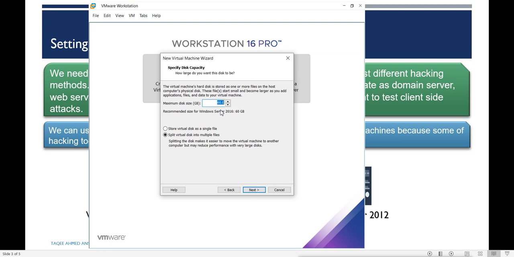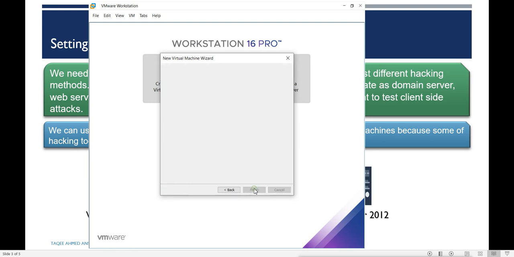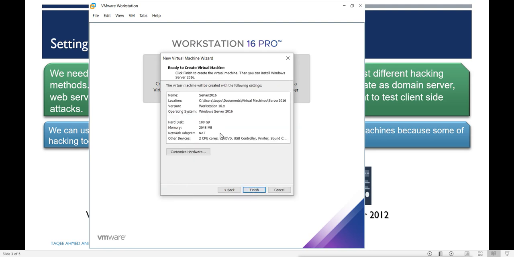Then you choose how much virtual disk space you want to give the server. I'm giving 100 GB, though 60 GB is the recommended space, and I'm going to store it as a single file. Next, and these are the settings which I have chosen, and I will go for Finish.